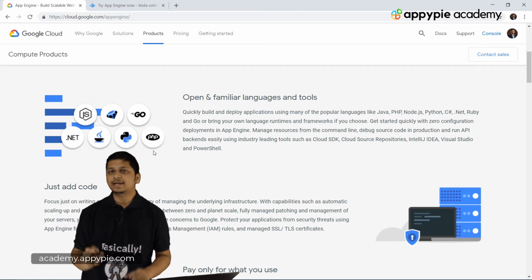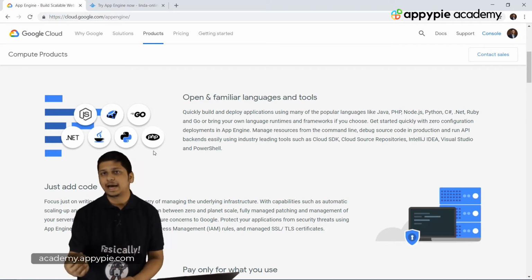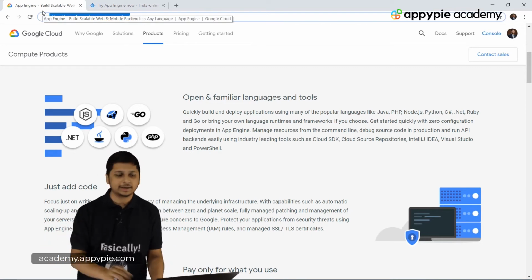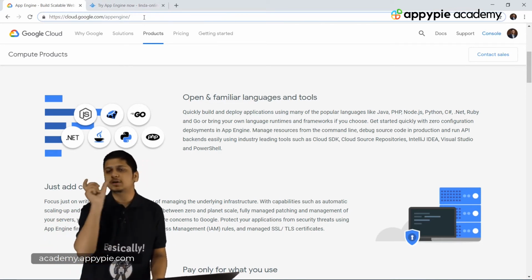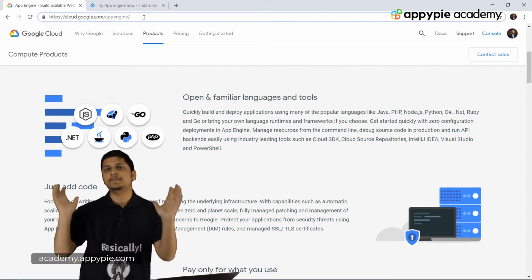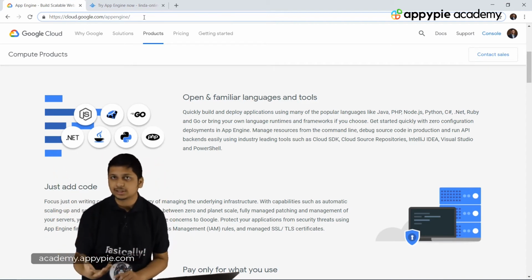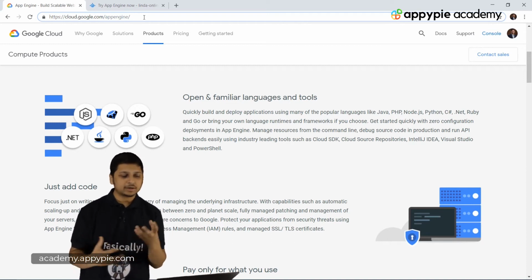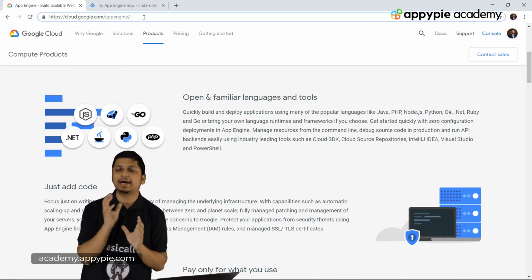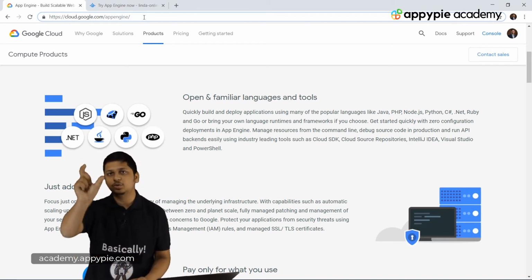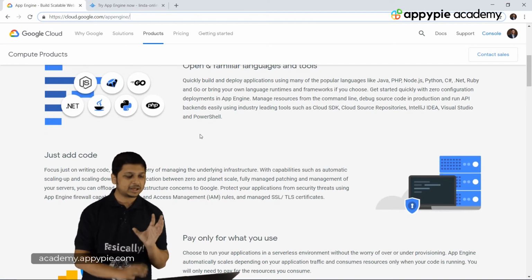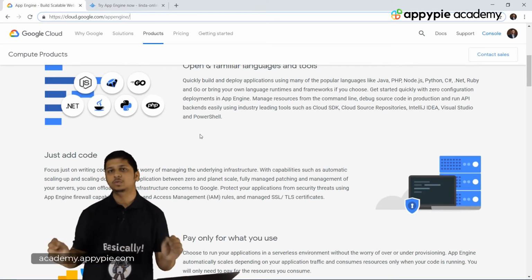Okay, and then after you have deployed your application, you get a URL for your project, and whenever you go on that URL, your entire content will be presented on your screen. So this is how people can host their different code blocks or even a variety of different applications on Google infrastructure, and then based on one particular URL you can access that data. Okay, so that is pretty much it for how App Engine actually works.